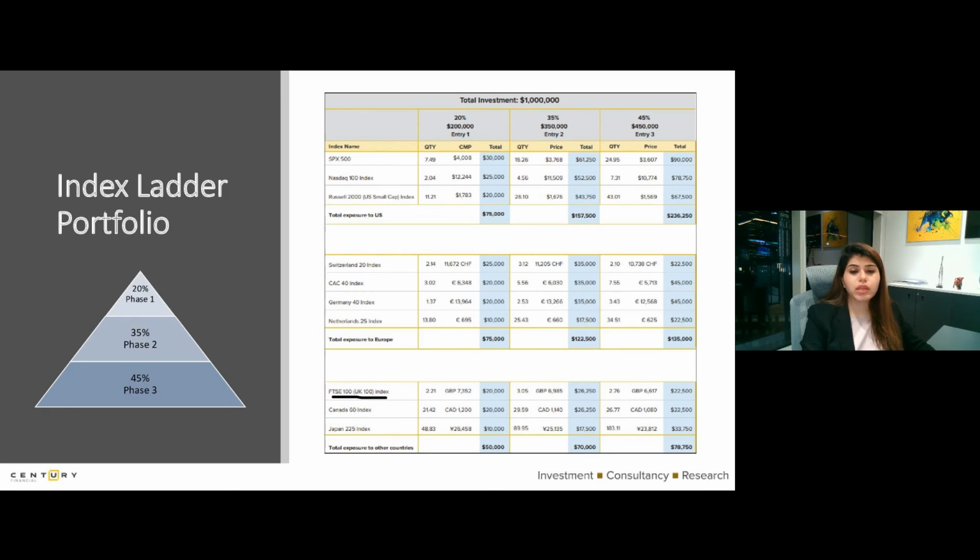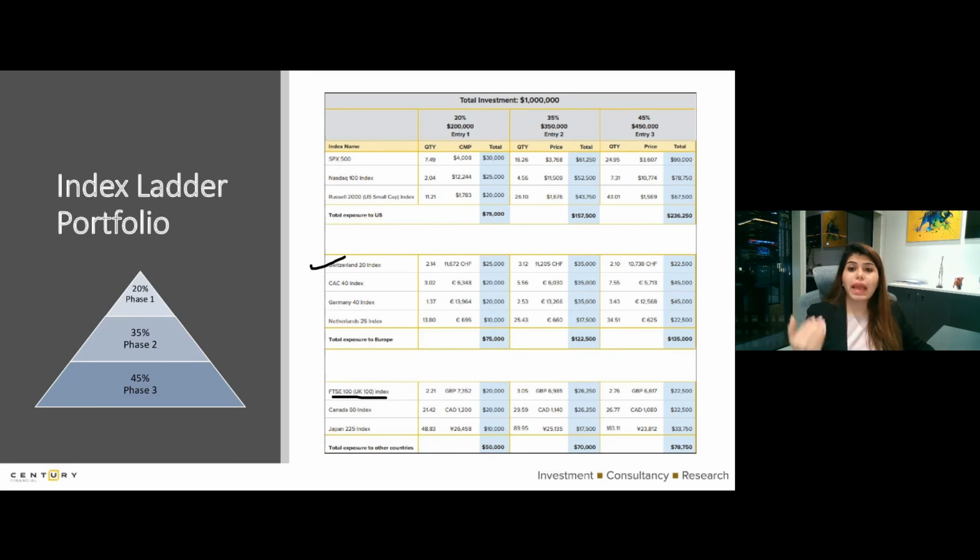So, for example, Switzerland consists more of consumer staples and defensive stocks. So again, it provides a decent amount of hedge to your portfolio. Likewise, you have France 40, Germany 40. Most of these indices have seen a significant correction. I'm not saying the worst is over for these indices. There could be some more losses, but